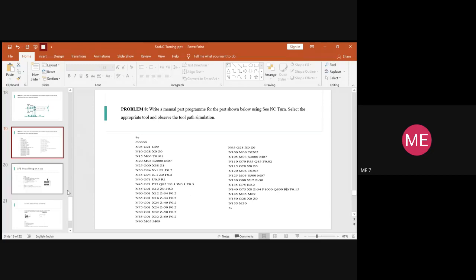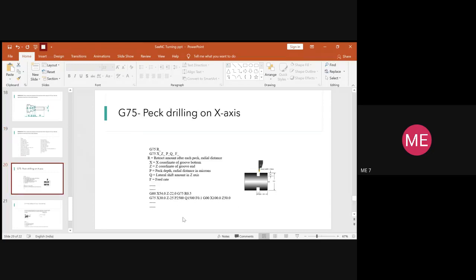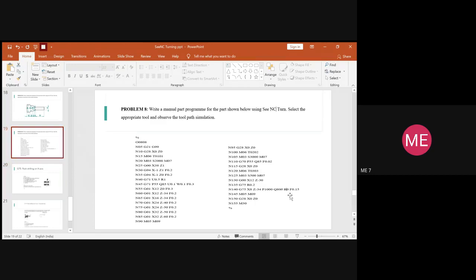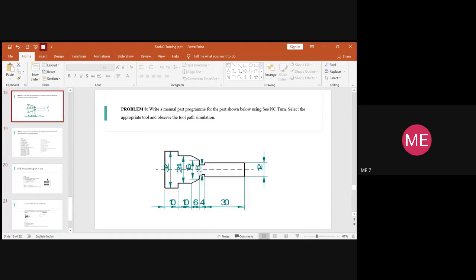And then the value of R will not be there in every case, right? Wherever you need some value of R, there you need to assign it. R is nothing but the retract amount which we provide at the beginning, so no need to repeat it here again. We have just shown R0, or you can omit that. And the feed rate here, we have to assign. What is the feed rate you need? Accordingly, you will type F as 0.15. So this operation will help in removing the material until the diameter of 8 has been reached.